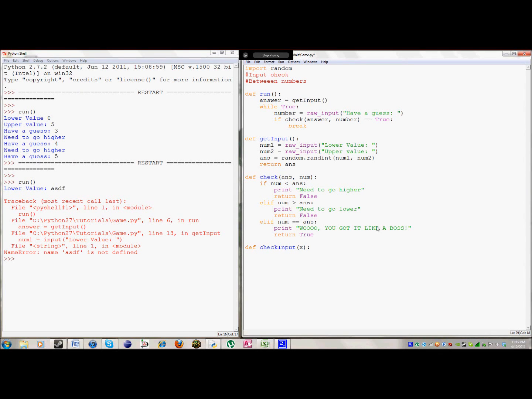The thing with a string is you can check whether the string is a digit or not. That's a function of string. So what we can do is have a function called check input. It'll take a parameter called x, and it'll check whether x is a digit. So if x dot, I guess it is digit, equals true,